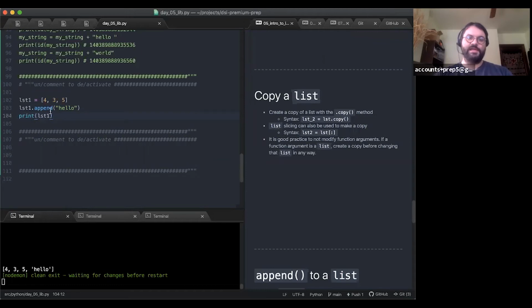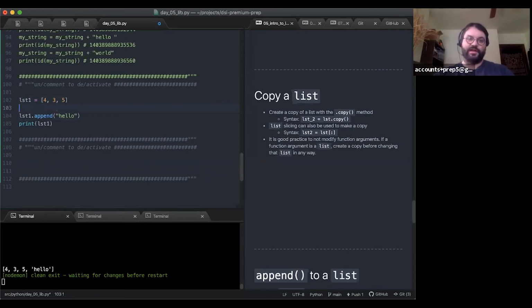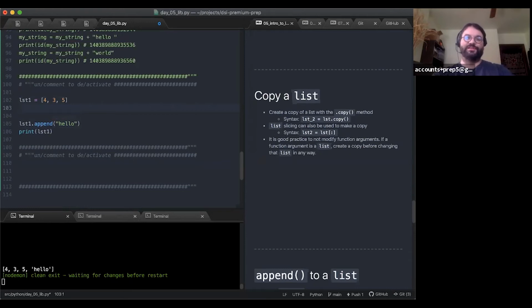So let's say I didn't want to alter this original list for whatever reason. Maybe I need to do the alteration, but I don't want to do it to this list. I want to keep this particular list intact and do the alteration to a different list, right? So I would want to copy list 1. I'm going to show you the wrong way of copying, because it seems intuitive to just say, okay, let's make another list, call it list 2, and set it equal to list 1.